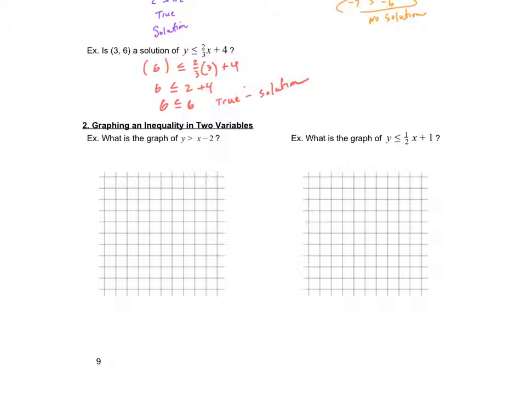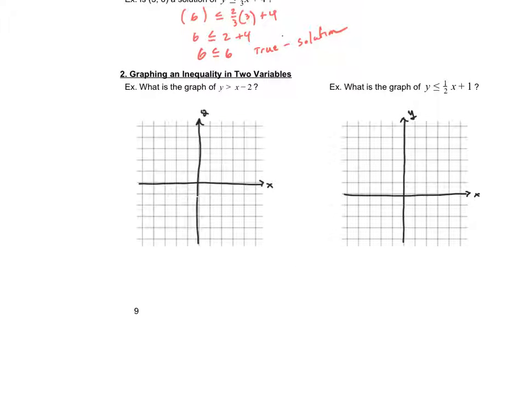Now, graphing an inequality with two variables. We're going to graph these very similar to the way that we would graph a line in slope-intercept form. There are some things we're going to have to remember, but I'm going to go ahead and create my coordinate planes real quick. Okay, and now when we're graphing these, of course, we're going to graph them like a line, like something from slope-intercept form,